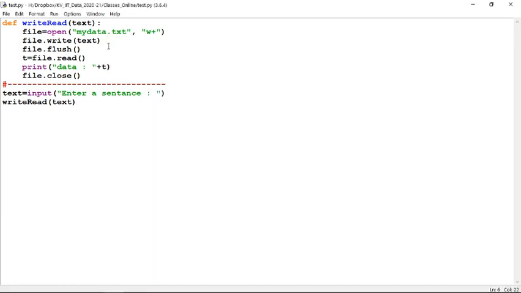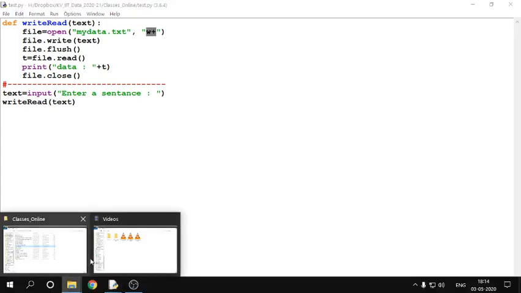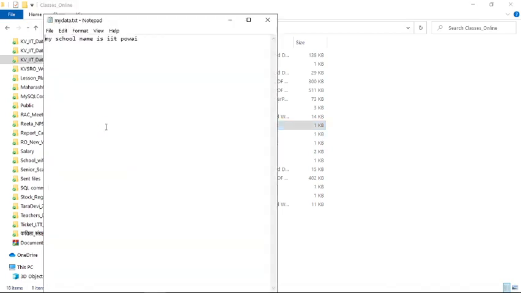Don't think that I'm not opening the file in read mode. It is already open for the writing purpose and the reading purpose, because the plus sign denotes the additional one, that is reading. So write and read are both included here, and there is no need to open the file again. But why is there no output?